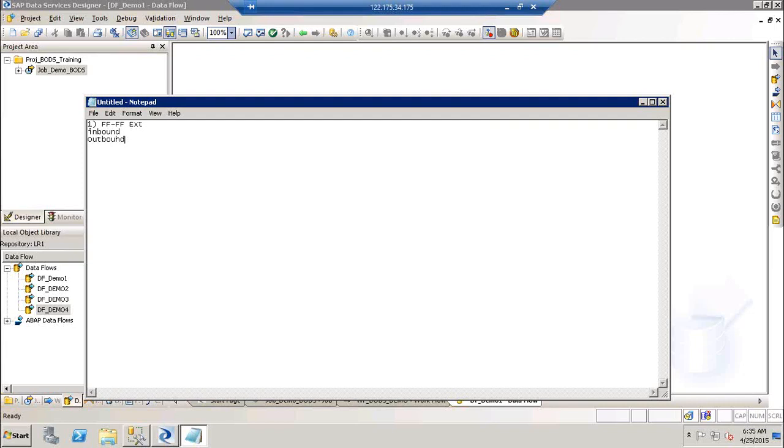So in these scenarios, you will use data services, connect to your inbound directory, read the data from them and write it into your outbound directory. So you might have a question like, can't I copy from there and paste it in the other target system? Yeah, you can do that, but here you know,